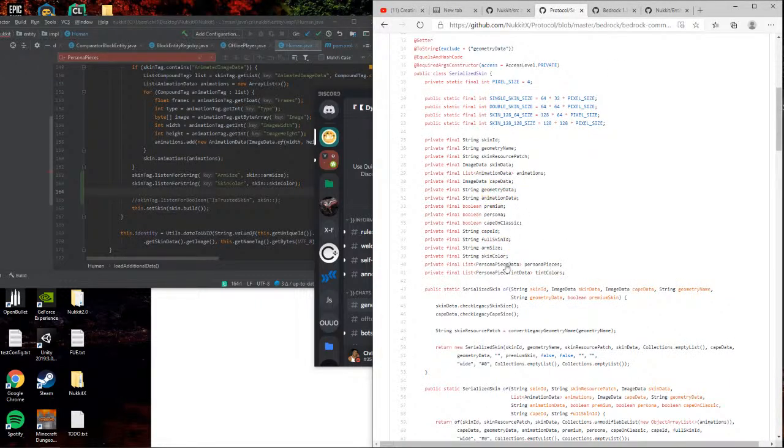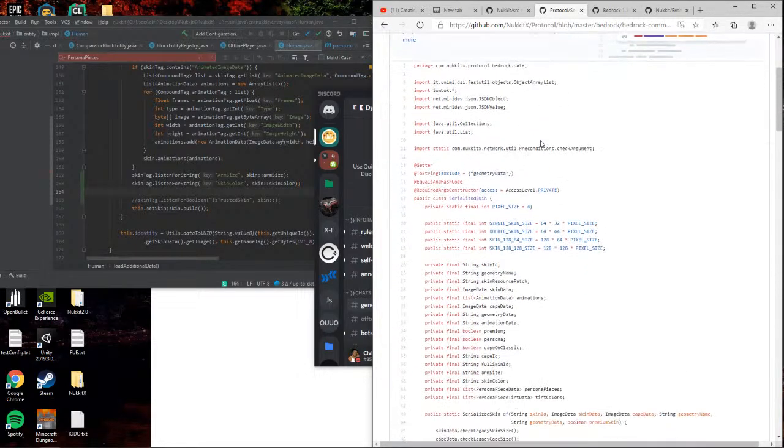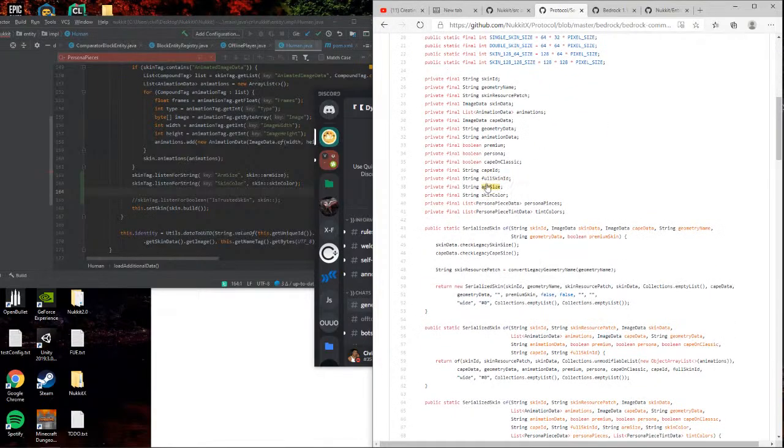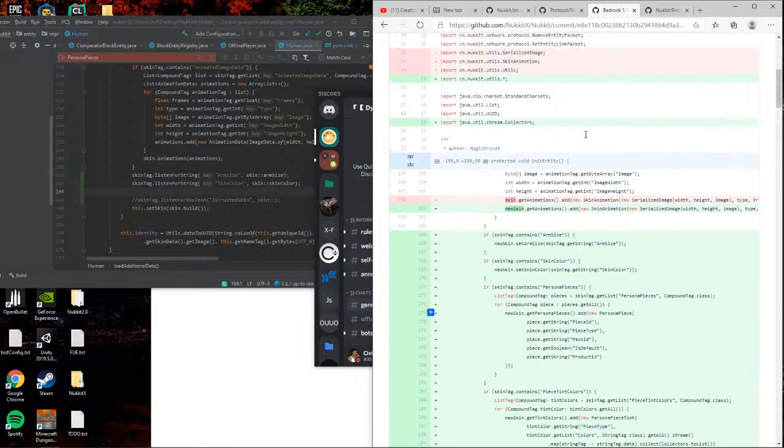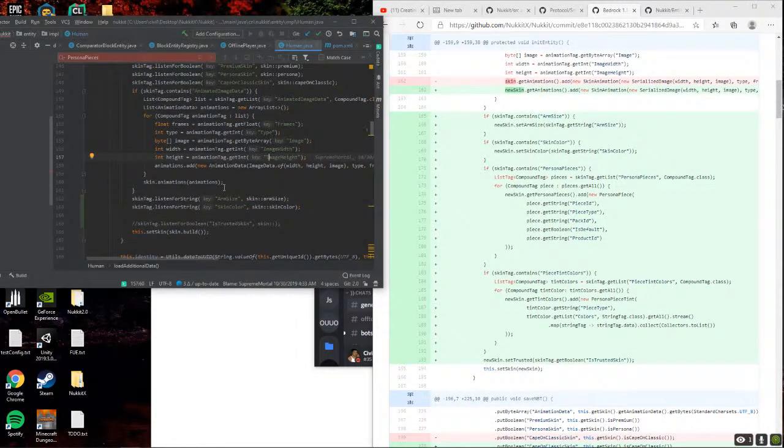So currently the protocol data uses arm size, skin color. All right, so this does exist. So persona pieces does, yeah, it does. Okay. So what I'm gonna do is add this.